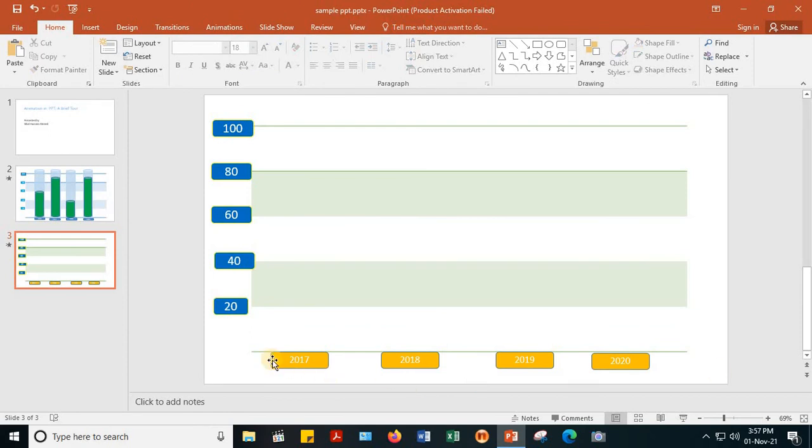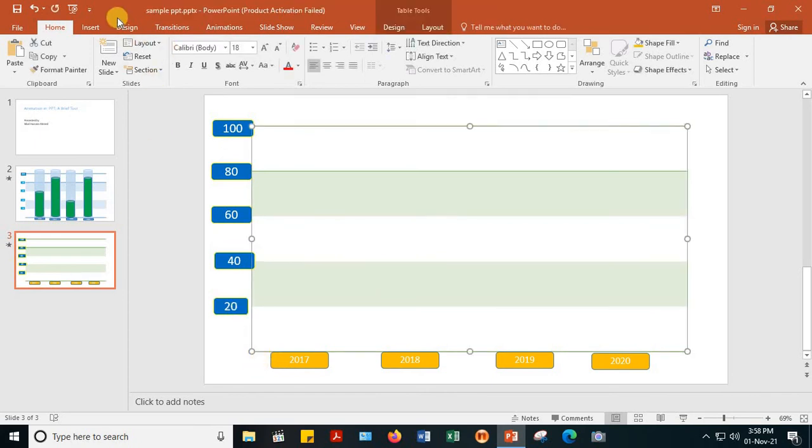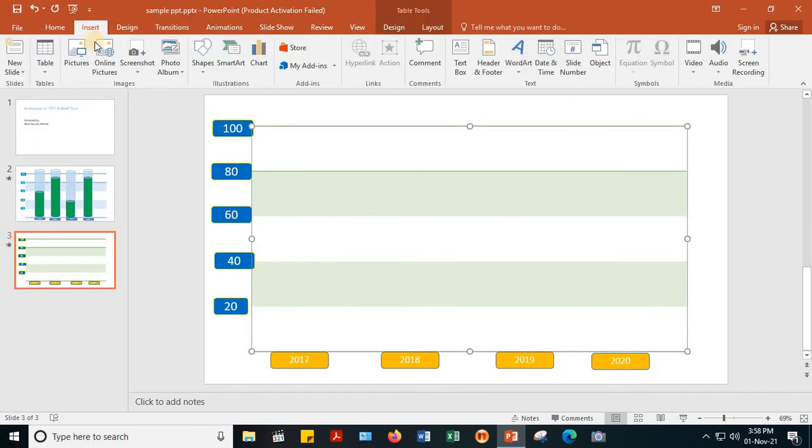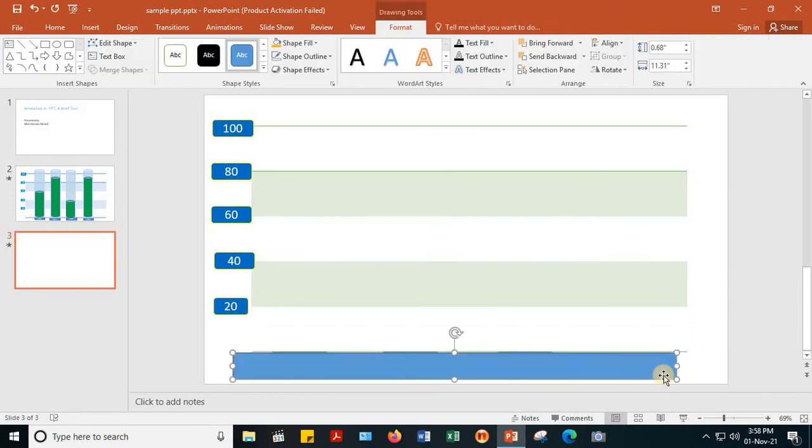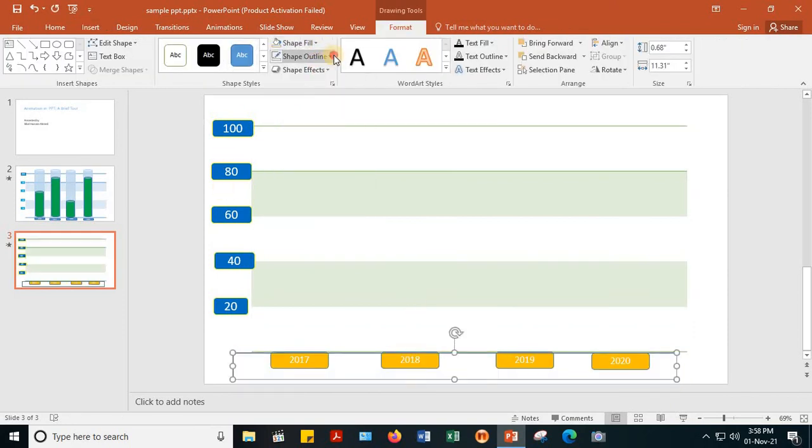This also can be given an animation like the previous one. In that case, again you have to insert a shape and then put it here, and make the shape fill no fill, outline no outline.